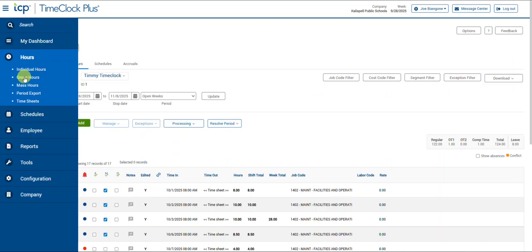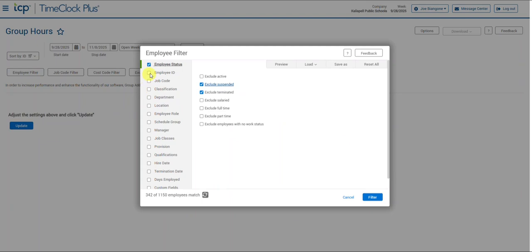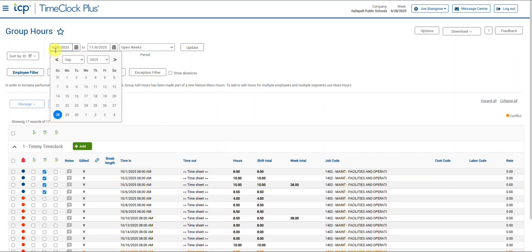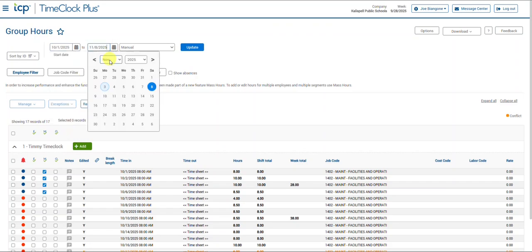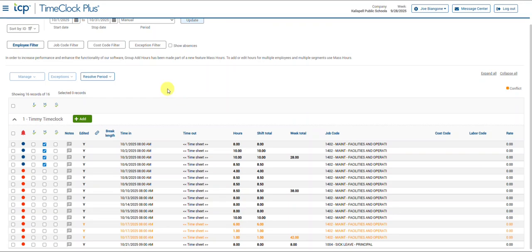So I'm going to go into Group Hours and I'm going to filter down for my test victim, which is going to be Timmy. And so the first thing you want to do is set the correct month, or the correct pay period, I should say. So in this case, it's going to be October 1st till the 31st. And we're going to update that. Okay, once in here,